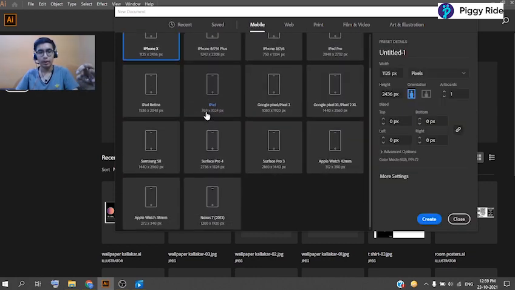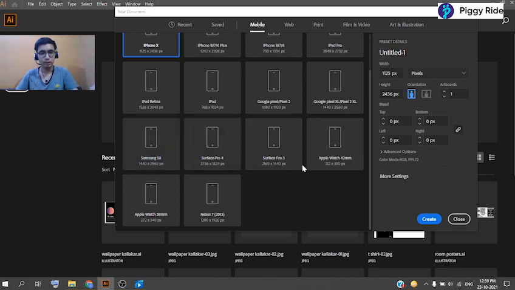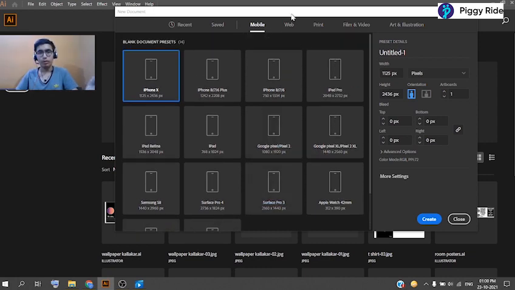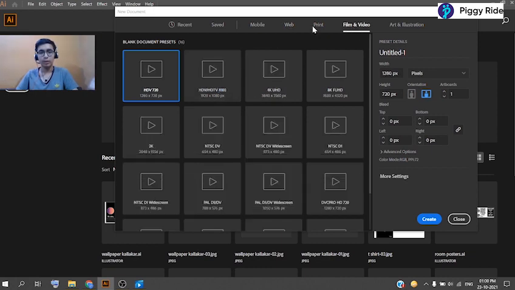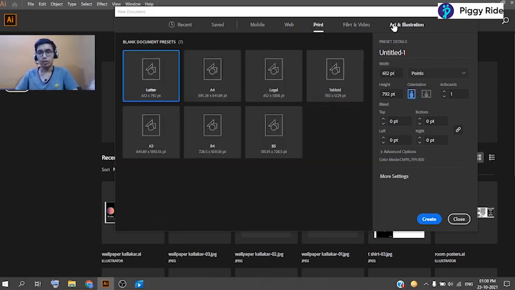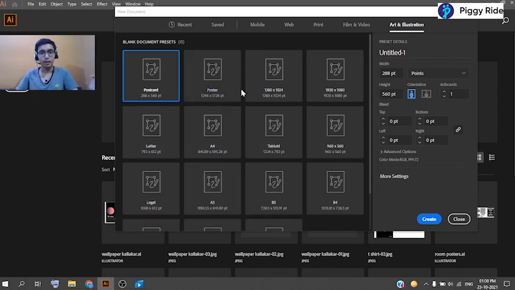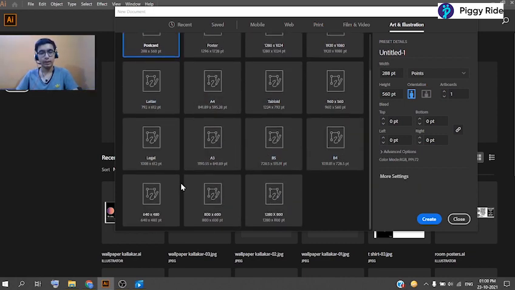For example, if we want a mobile size, there are presets for some mobiles, that is iPhone X, iPhone 8, iPhone 7, iPad size, Surface Pro 4, Nexus 7, Apple Watch size, or web development size for websites, film and video size, print, and art and illustration, in which we have letter pad size, or B4 size, B5 size, A3 size, legal document size, 640 by 480 size.